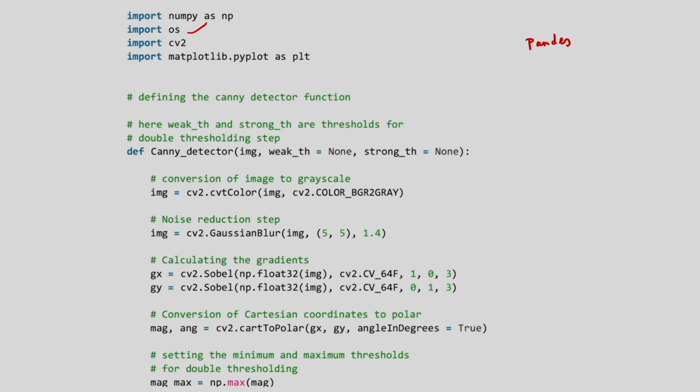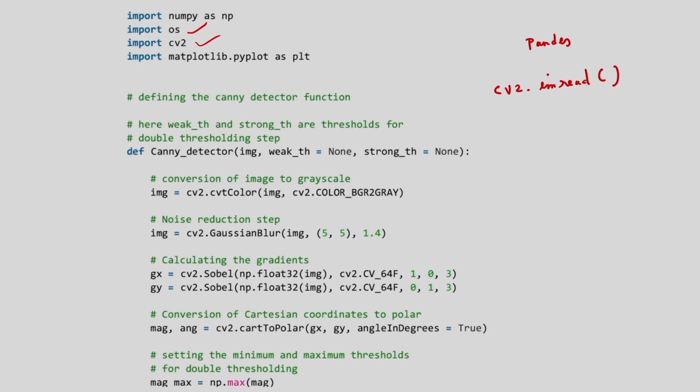After this, the next one is import cv2, that is nothing but OpenCV Python. OpenCV Python is a library of Python designed to solve computer vision problems. Suppose I consider cv2.imread.